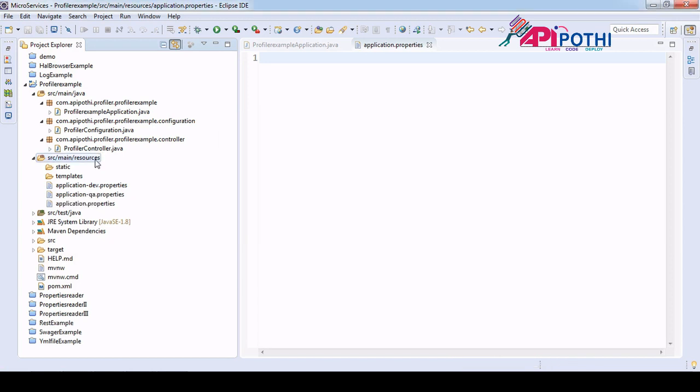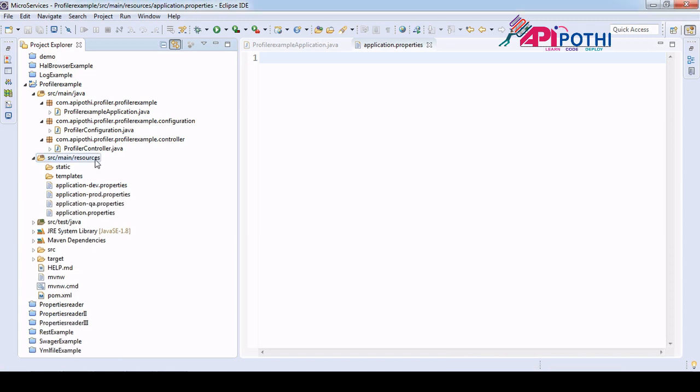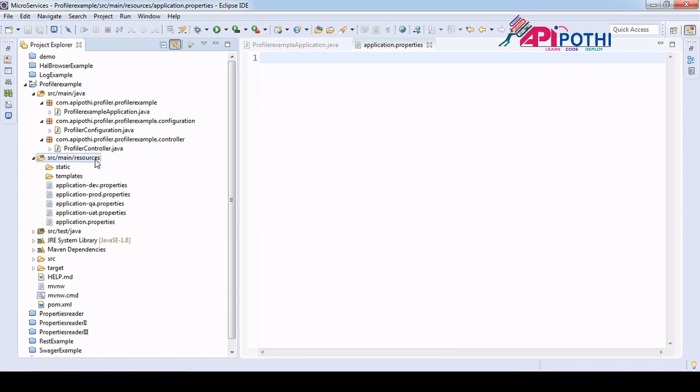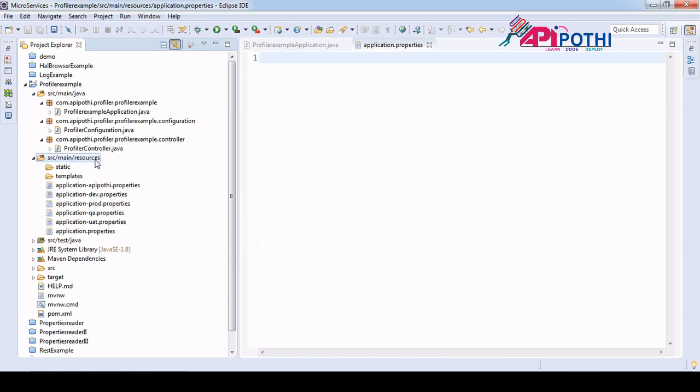Same as, if you want to create one for prod, it will go as prod, and if you want to create one for UAT, it will go as UAT. And suppose you want to create one for something called ABC or some other name, it will go like that.